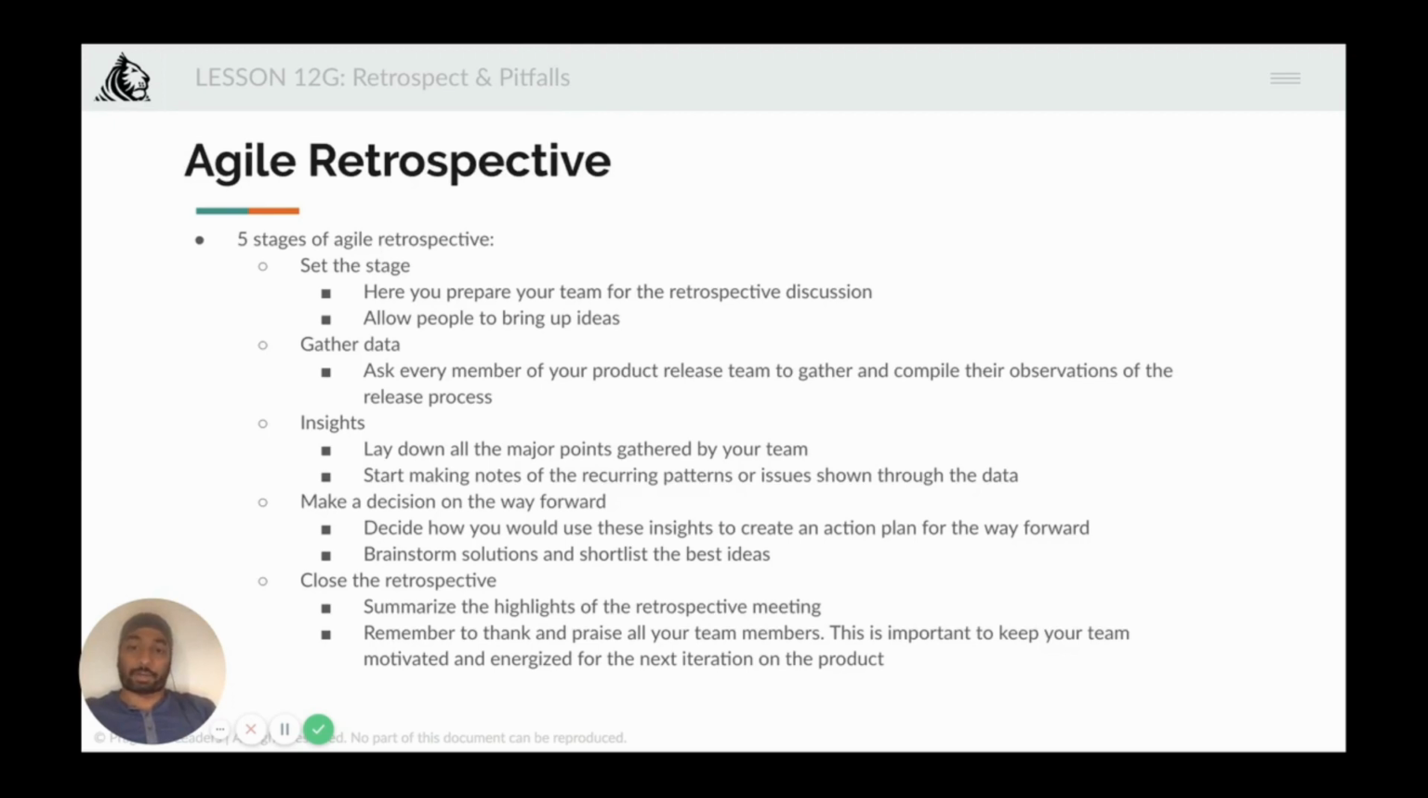Then comes agile retrospective. In agile retrospective, there are essentially 5 stages or 5 layers. First of all, you will set the stage. That is, you will prepare the team for the retrospective discussion. You will set up the agenda, you will set up the calendar, and you will formulate an environment where people